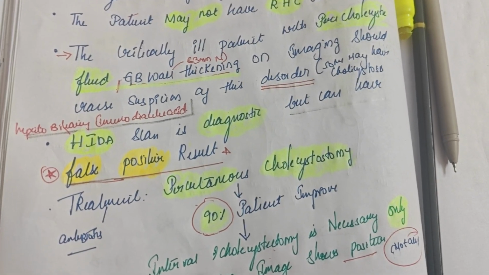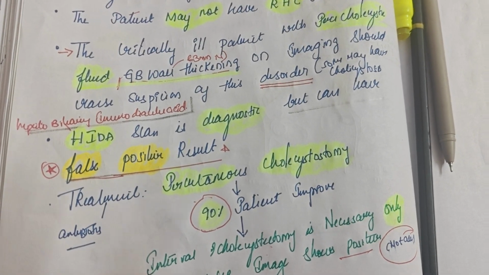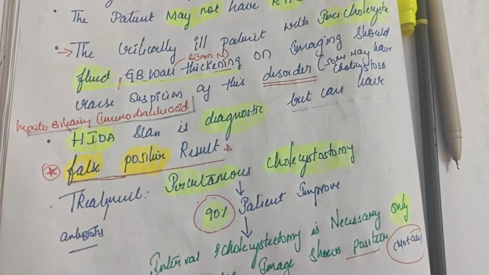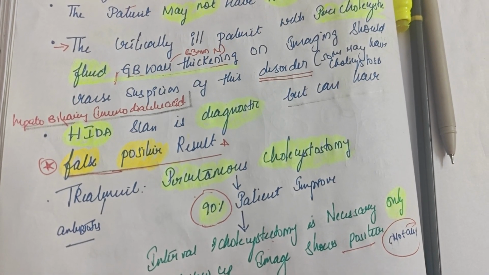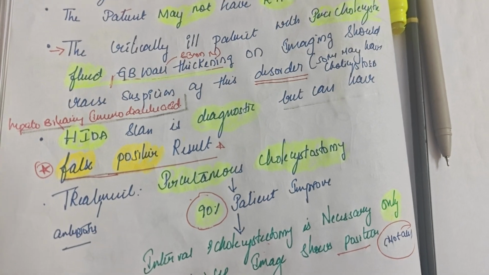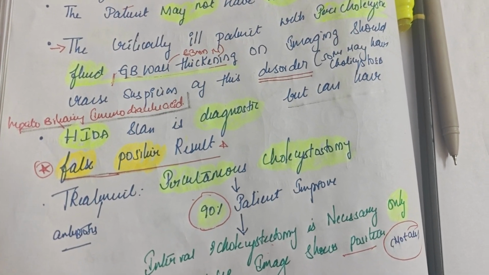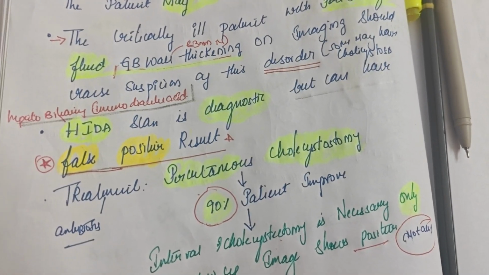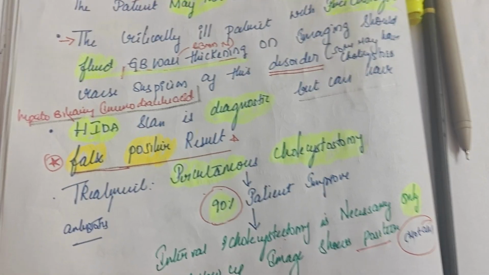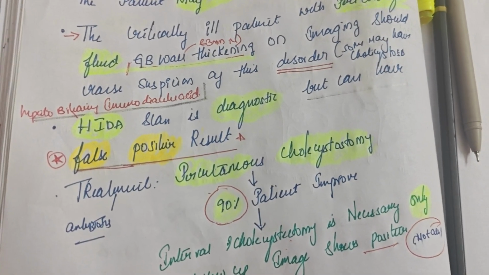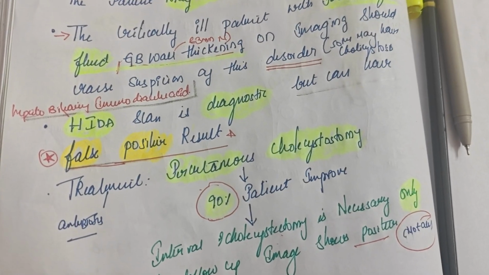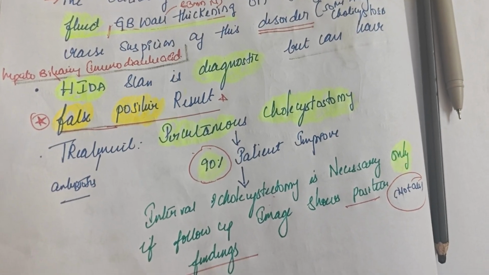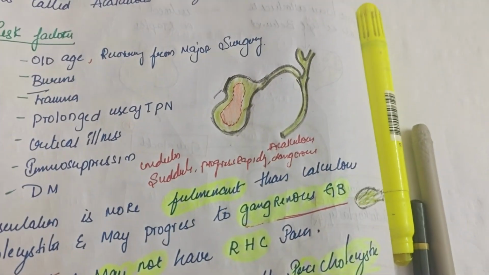The moment you give the dye peripherally, the dye goes into the blood, and when you scan, the uptake of the dye by the gallbladder is 90% in 30 minutes and 100% in 1 hour. If a patient has a decreased uptake by the gallbladder, it means that he has some infection. He cannot take it up, so there is cholecystitis. In such conditions, the uptake of the dye by the gallbladder takes around 2 hours. And remember, the problem with the HIDA scan is that it gives a false positive result.